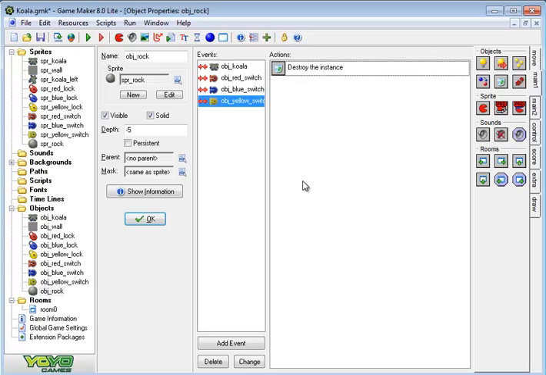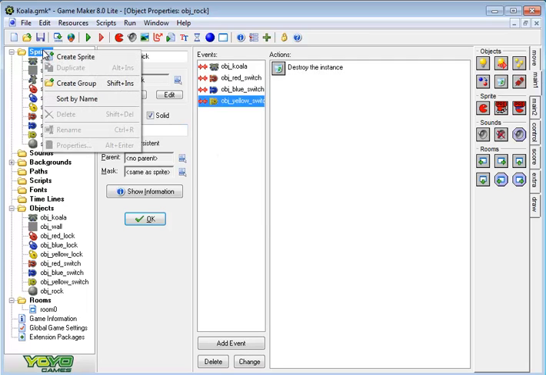Now, because we have these rocks that can destroy things, we have to give the player the ability to restart a level. I would imagine when you would release this game, you wouldn't want to include the cheats. So without the cheats, you need to give the player a way to get back to where they started if they painted themselves into a corner. So we're going to create that